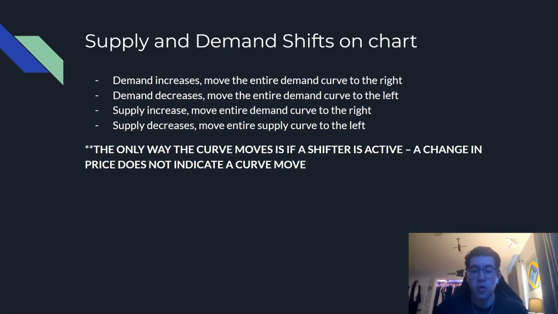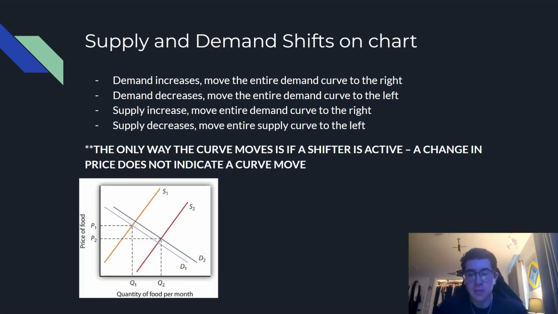Now, this is very important. The only way the curve moves is if one of the five shifters is in play. A change in price does not indicate a curve move. A change in price will just change a point along the curve. So, for example,